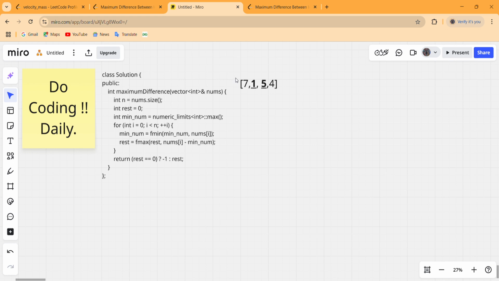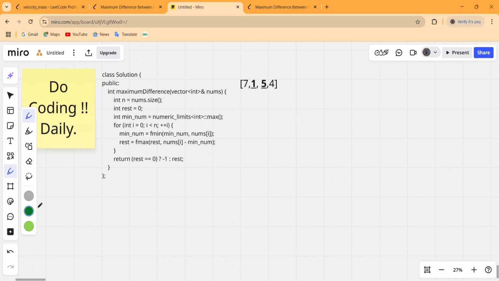So what we have to do is first maintain our result variable, initialized with 0, and then initialize a minimum number to int max, and then start a loop and iterate over our array.